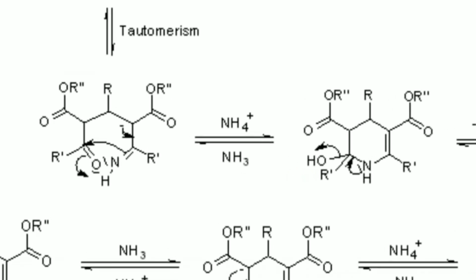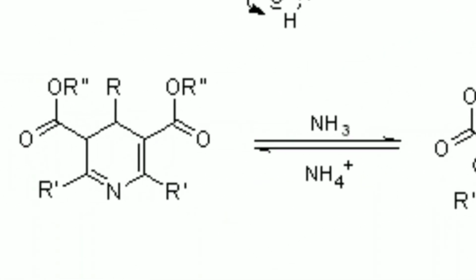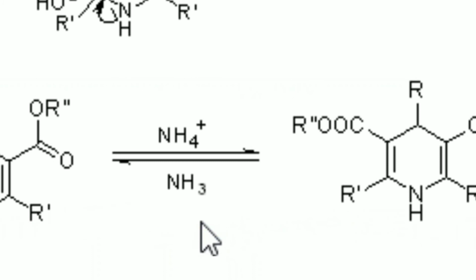this type of structure, and in this structure ring cyclization takes place and the double bond of nitrogen will attack this carbon, and the double bond shifts onto oxygen, and oxygen possesses a negative charge. After the protonation of O minus, it will form OH and the ring will form. After the removal of H2O, it will form this type of structure, and further protonation and deprotonation will take place and form this